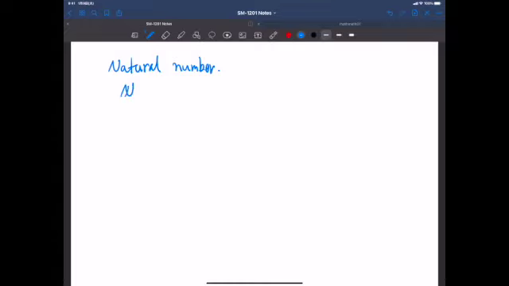So natural numbers are numbers that start from 1 and 2, 3, 4, and so on. So there are infinitely many elements. Okay? It's easy. Well, some mathematicians prefer to include 0 as a natural number, but here we don't adopt that convention. In our set of natural numbers, we do not include 0. Okay,